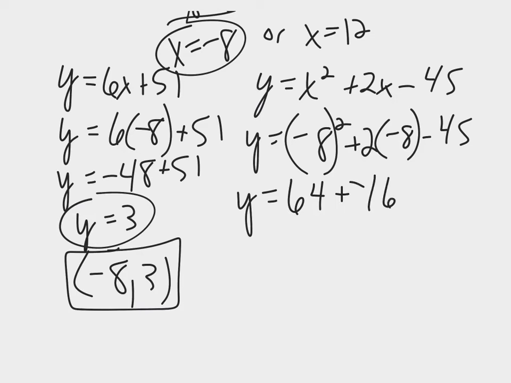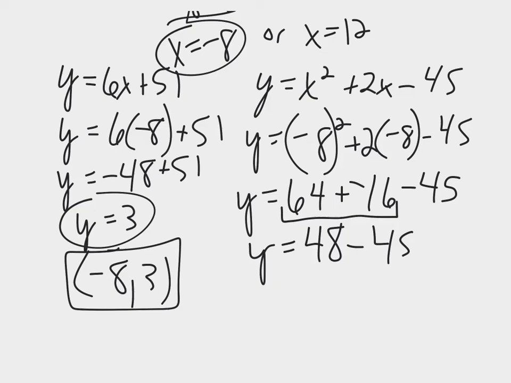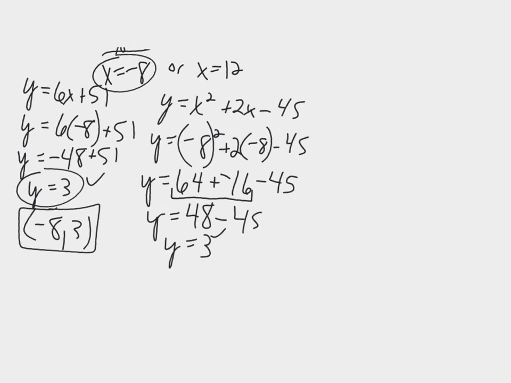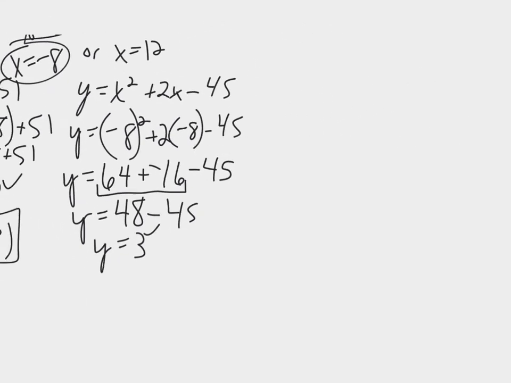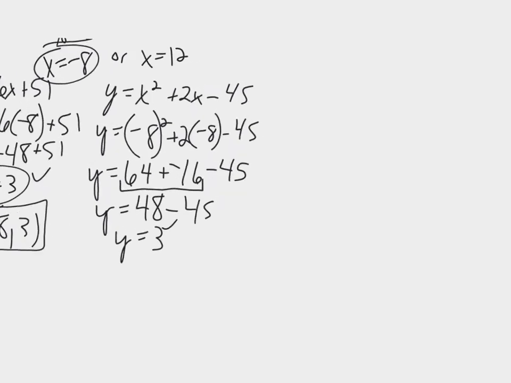So many times I see people, they know a negative times a negative is a positive, but by entering it in the calculator, they type it in wrong and then get the wrong answer. So don't do that. You guys know how to do this stuff. Okay, so that equals 3, and that's what we got over here, so that looks good. So negative 8, 3. And then if we try 12,